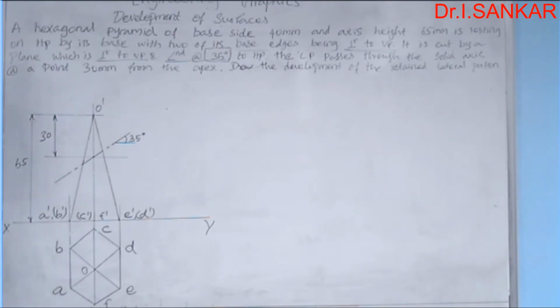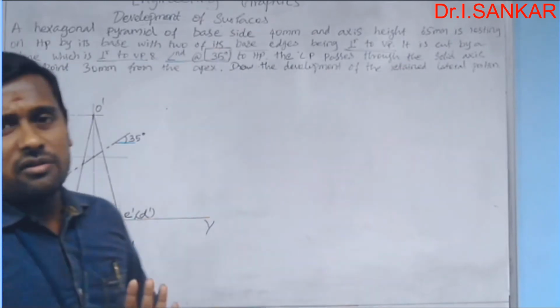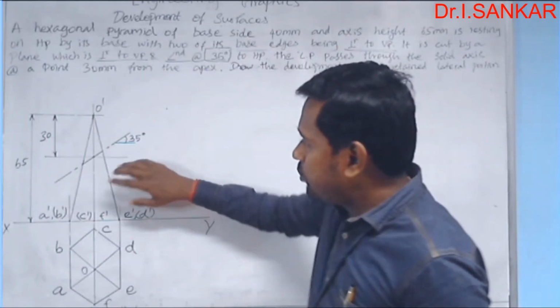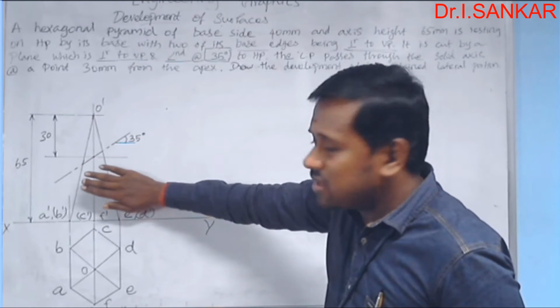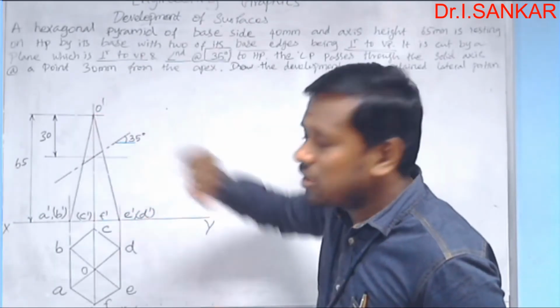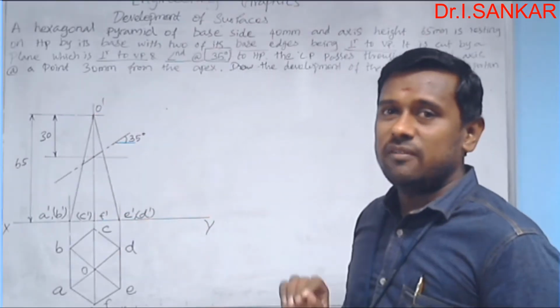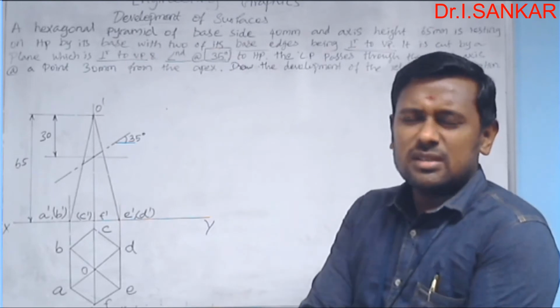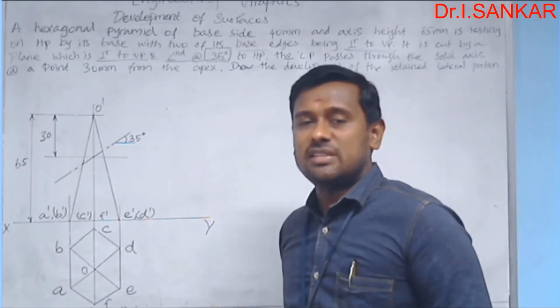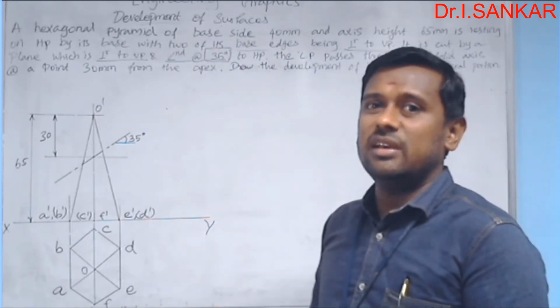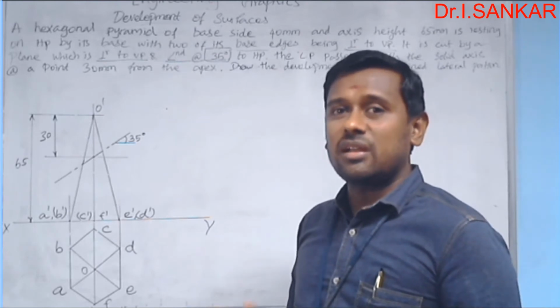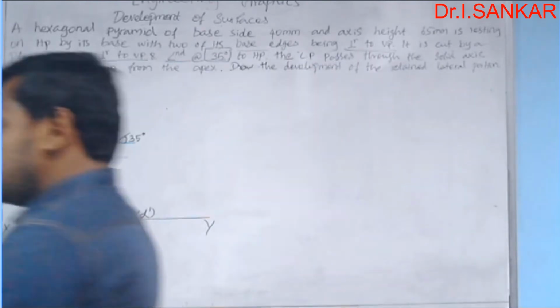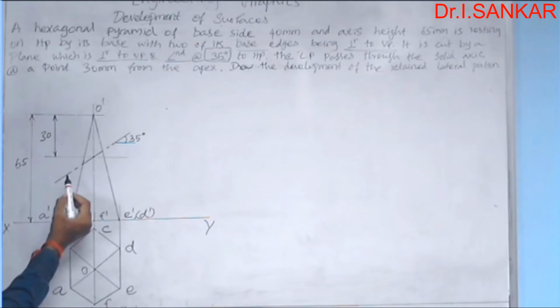So in that way you can cut the solid, and now you can decide which is the retained portion and which is the removed portion. The portion just below the cutting plane is the retained portion, and the other portion may be considered as the removed portion. And very first you have to mark the cut points. Cut points are nothing but the points or the new terminals obtained in the edges which are attacked by the cutting plane. Okay.